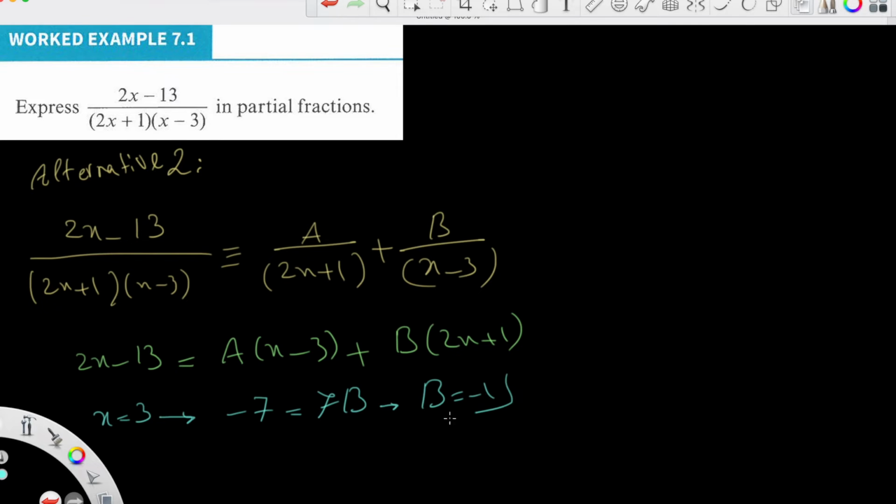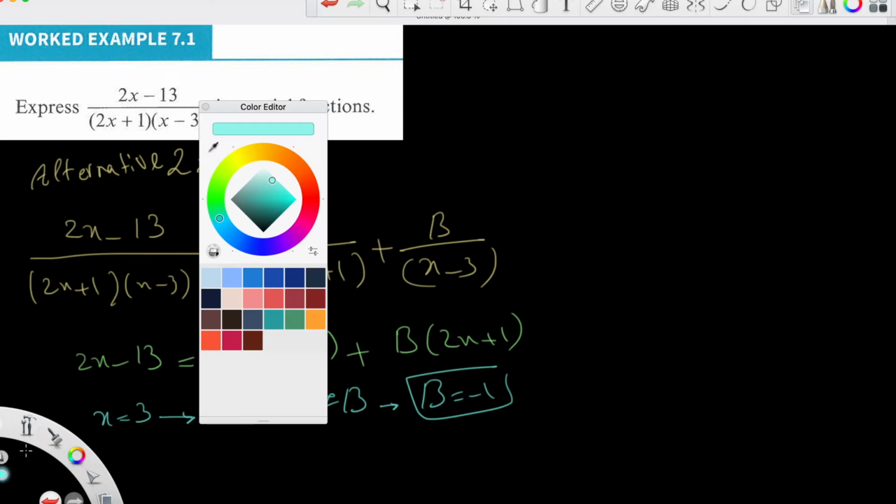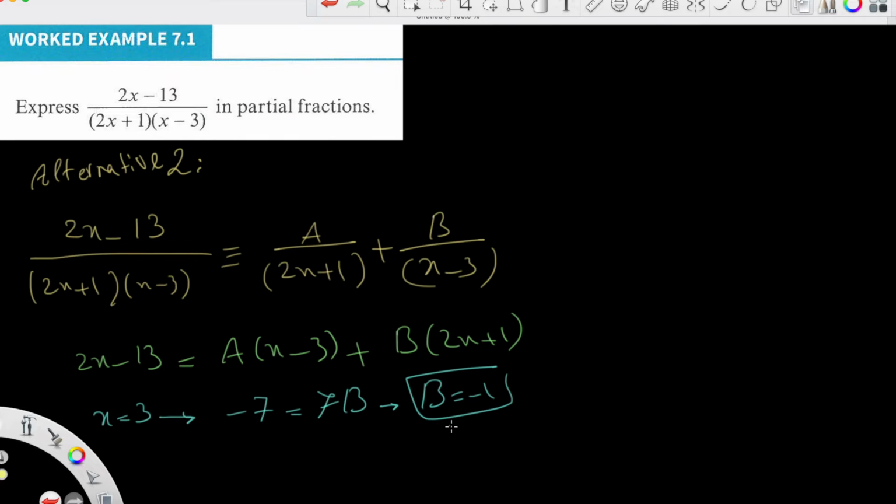Then b will be negative 1, so b is known. Now you can use negative 1 over 2 as x, then b will be cancelled out. X is negative half, so it will be 2 times negative half, which is negative 1, negative 1 minus 13, negative 14, is equal to a times negative half minus 3, then negative half will make it 0, so